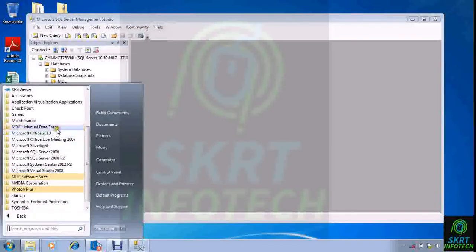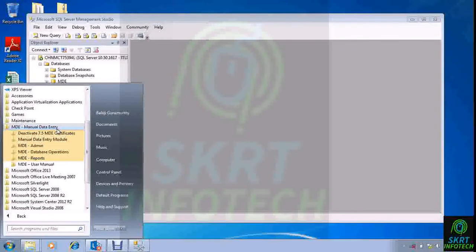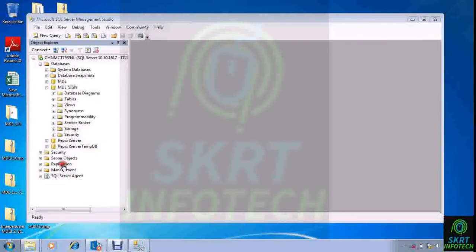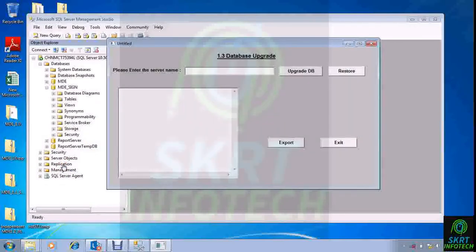Now this is because there are some changes that have been done on the table level. So we'll upgrade the table. Independent MDE 1.3 upgrade DB. Okay, so upgrade it. Don't worry, even if you have some data in the previous version, that is 1.2, it will still be there, just an update.